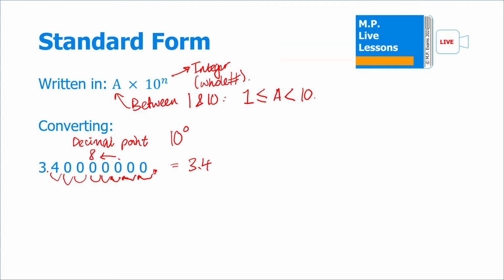That means this is really 10 to the 8 times smaller than it should be. So this goes as our power. So if it's a large number, we have a positive power. So the final answer is 3.4 times 10 to the 8. So as a reminder,